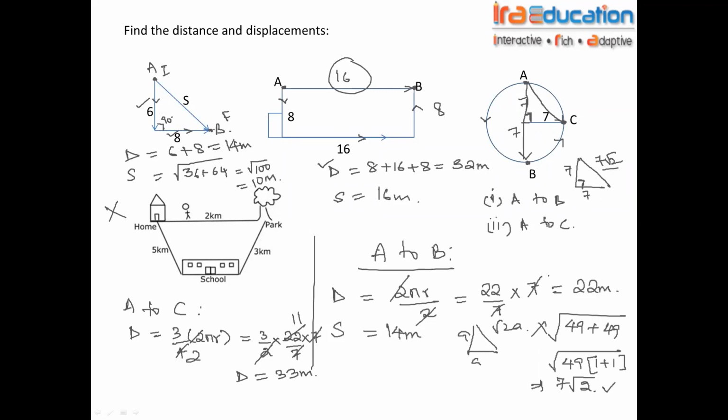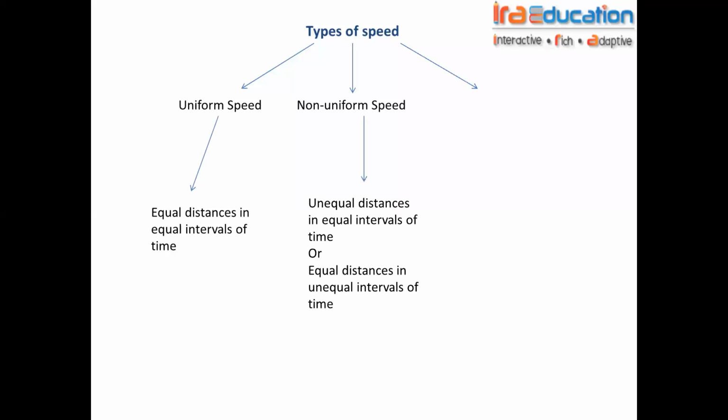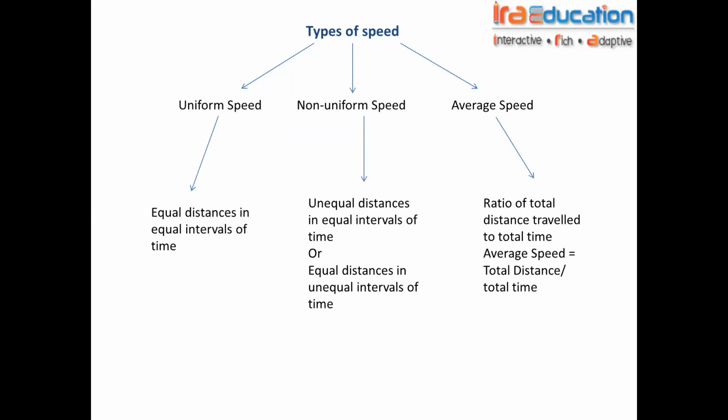Okay, is this clear? Can I move to the next topic, guys? Yes, ma'am. Okay. Now there are different types of speeds actually. So the first one is uniform speed, the second one is non-uniform, and the third one is average speed. Okay, average speed. Uniform speed, wherever the word uniform is there, you